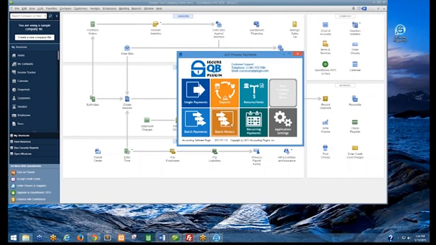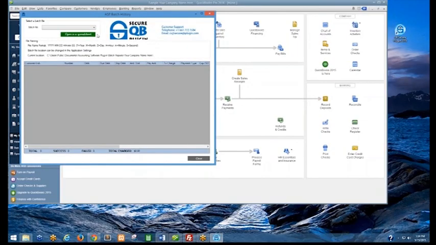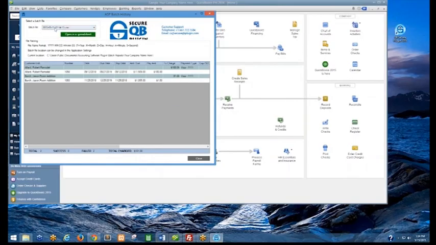Now there's a different history for batch payments, and this is batch history. Each batch payment that goes through, it's going to save a CSV file that you can then return to, and it's specified by date. So it's easy to remember or find which batch file you're looking for. You can also open a spreadsheet like Excel